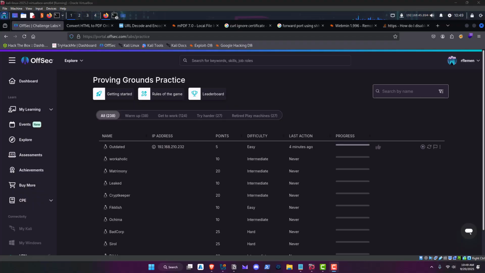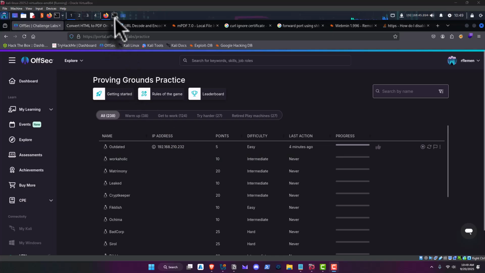We're going to do another Proving Grounds practice machine. This time we're doing a machine called Outdated, not to be confused with a Hack The Box machine of the same name. It is a Linux box and it is rated as easy. I didn't think it was easy, but I don't think any of these are easy. So without further ado, you can see I am on OffSec's VPN and I do have the Outdated machine spun